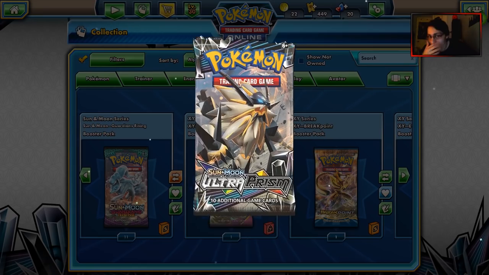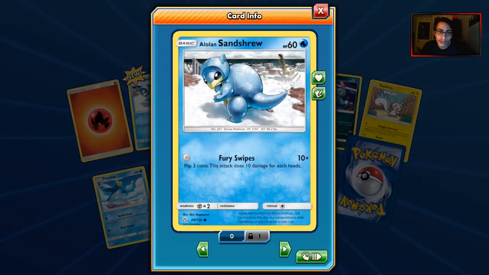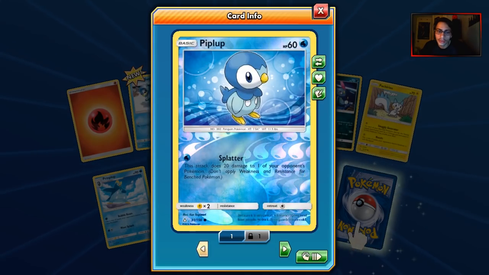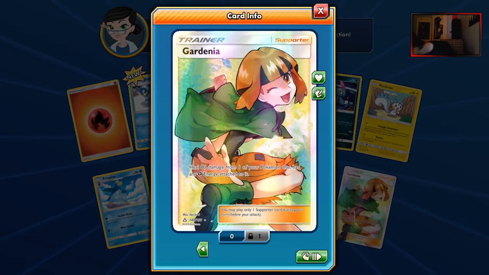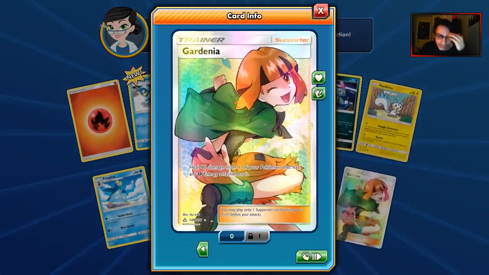Moment of truth. I'm just kidding. We're probably not going to pull it, but, you know, it's whatever. New. Wow. I haven't gotten this Alolan Century. That's a funny artwork. Oh, Versatile Piplup. Now I can trade out my other Versatile, and there's a third Unit Energy. And our rare is... Fudge! It's not...